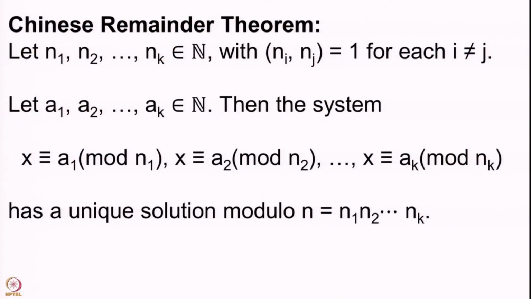Let me just remind you of the statement of the theorem. We have n1, n2, ..., nk. This is the case that we are now going to prove. We have a k-tuple of natural numbers consisting of pairwise co-prime integers. We have another k-tuple of natural numbers a1, a2, ..., ak, and we are asking for the solution to the system x congruent to a1 mod n1, a2 mod n2, ..., ak mod nk. The uniqueness part will be seen later. So, now we are going to prove this general case.